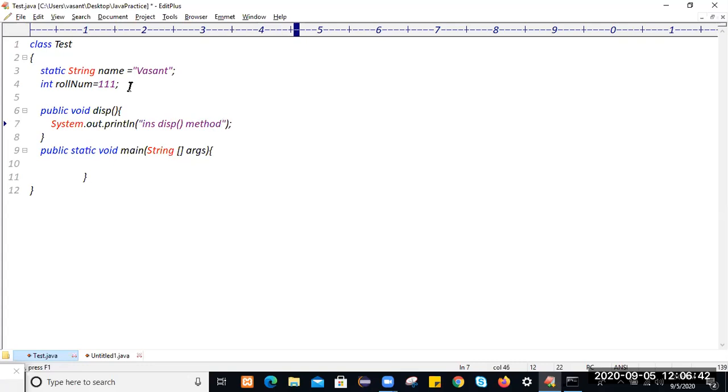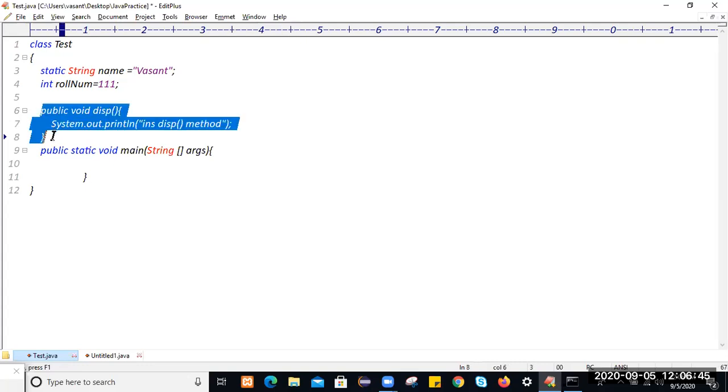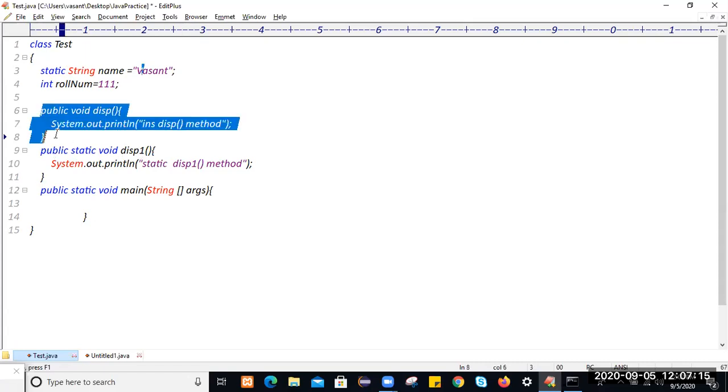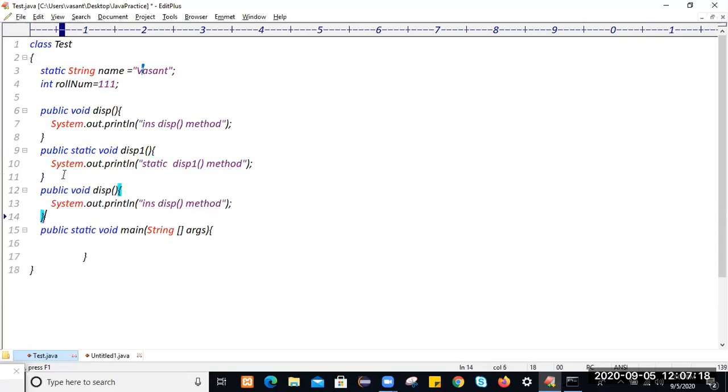I will say instance this method. Similarly we can take static, I will take this one method. If you use the static keyword with the method, then it will be treated as a static method, and that method area will be a static area. So we can access these instance members of the class, as well as we can call this instance method as well as the static method. Let it be instance test2 method.